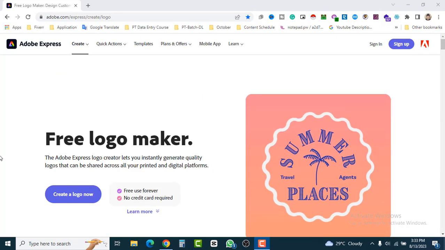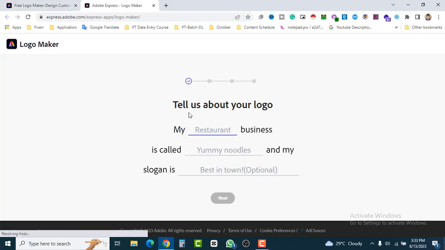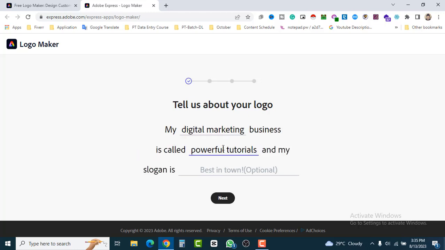So let's get started. Here you can see create a logo now. Click on create a logo now, and it will open another web page, and we have to input some ideas like tell us about your logo. Here you can see the sample restaurant business. You can input your business name. So this is my business. My digital marketing business is called Powerful Tutorials, and my slogan is, I don't have any slogan,